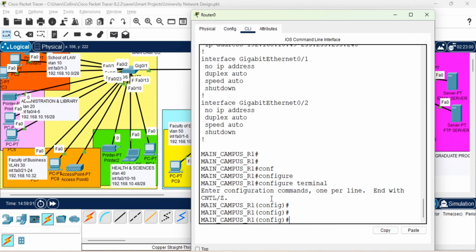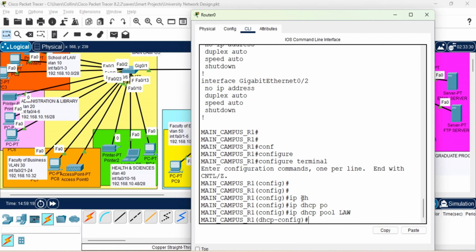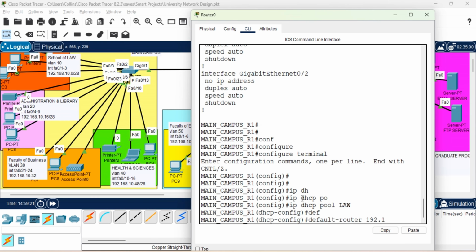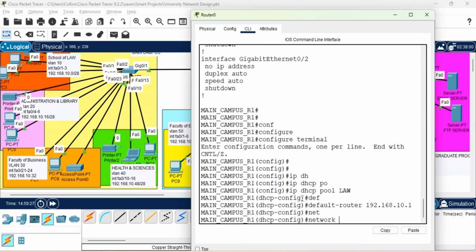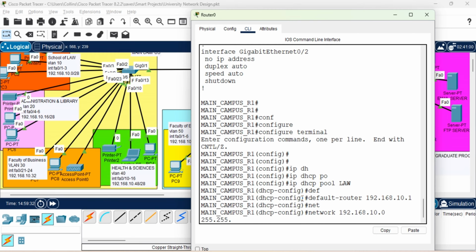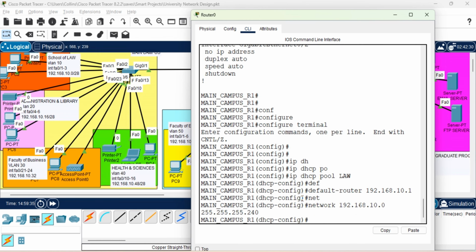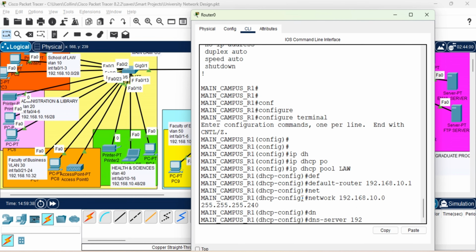So that is it. The next step, I'm going to create DHCP pools for these particular faculties in building A. So I will start with the law school. IP DHCP pool law, then default 192.168.10.1, network 10.0, DNS. I'm going to give it